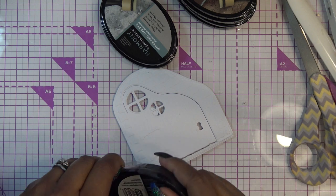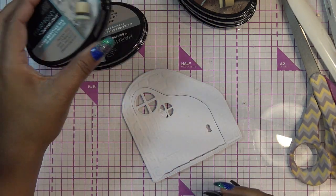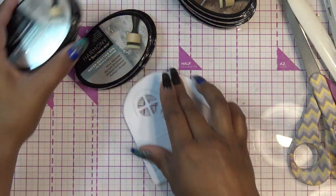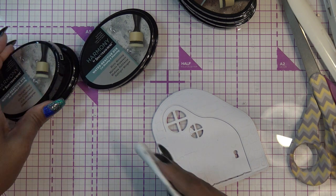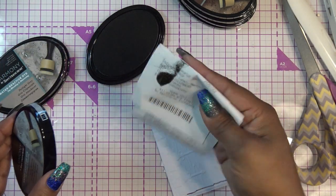And I'll probably do the same thing with the brown, like the mid and dark brown. I don't know. We'll see. So Twilight Gray. No. Which one did I just... I'm trying to see which one's darker. Let's get this receipt. I can press it here. Ooh, that's really dark. So Twilight Gray, super dark, and